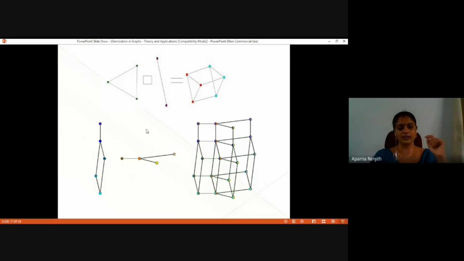Here you have another example. So this is the starting graph G. If you give a close examination, you can see that there are 4 copies of this graph in the second diagram. And this is the second graph H. If you have a horizontal scan, you can see that there are 5 copies of this second graph in the product. So this is the concept of the Cartesian product of 2 graphs.